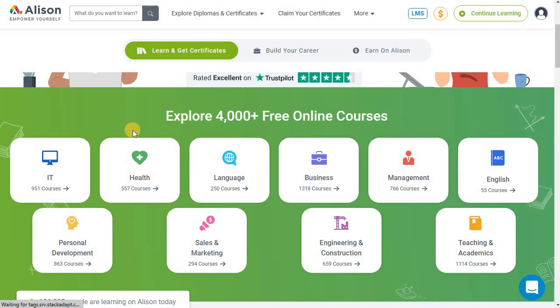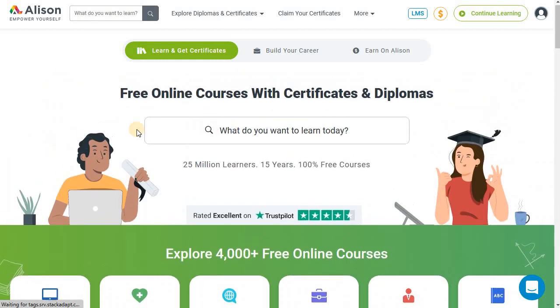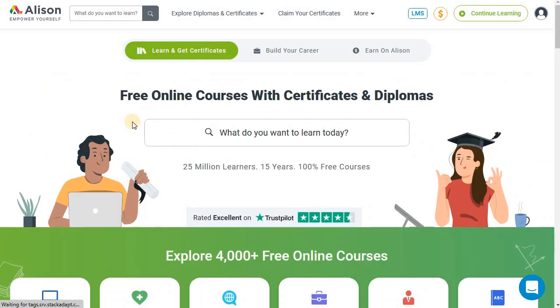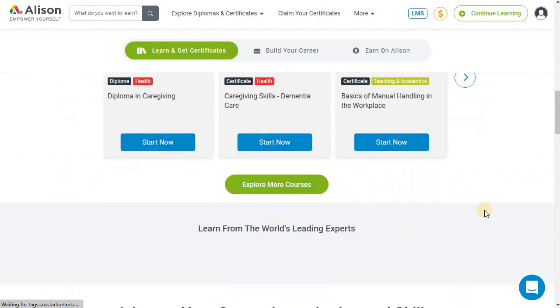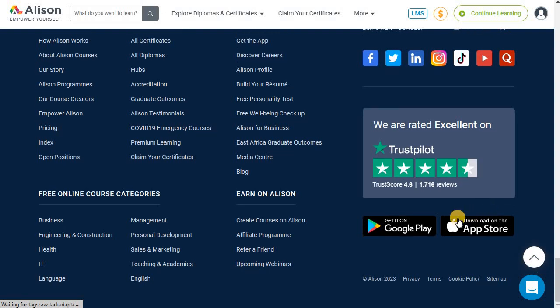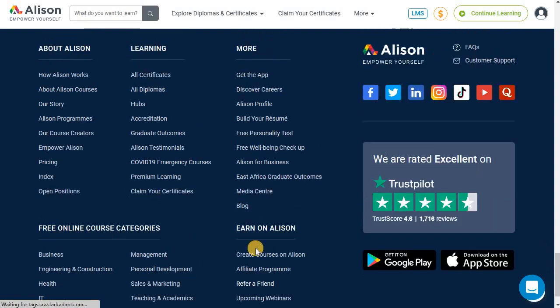And to get the certificate, you just need to pay €4 for a digital certificate, or it depends on what type of certificate you want, right? So it's very cost effective and very, very useful and can be a life changer for you, because these courses are recognized by a lot of employers in international markets. This is an international website. This is not some dumb website. It's very valuable.